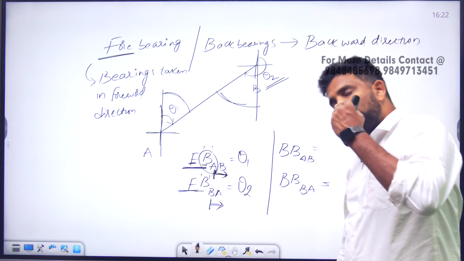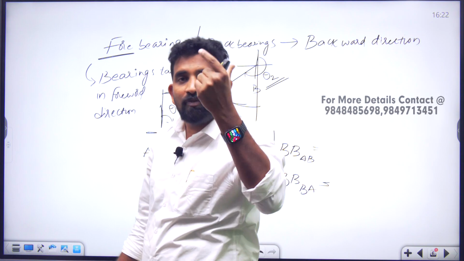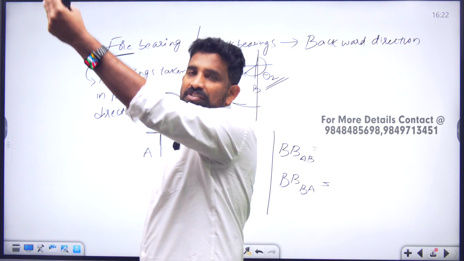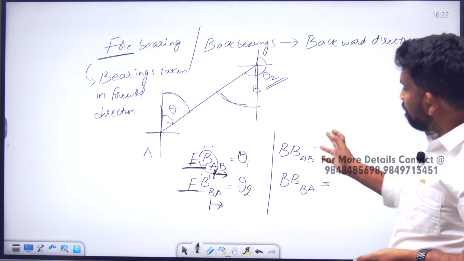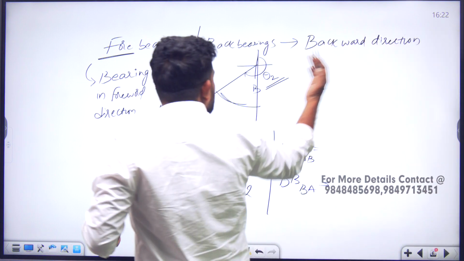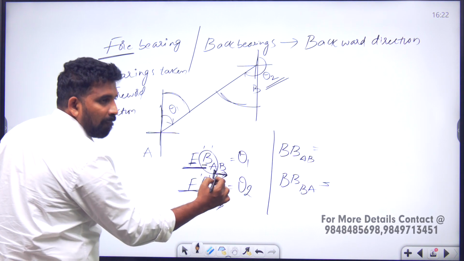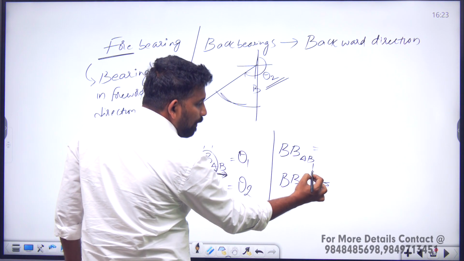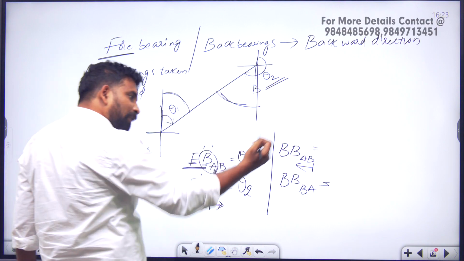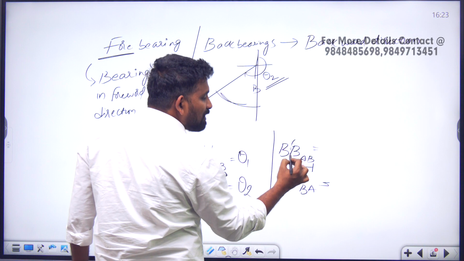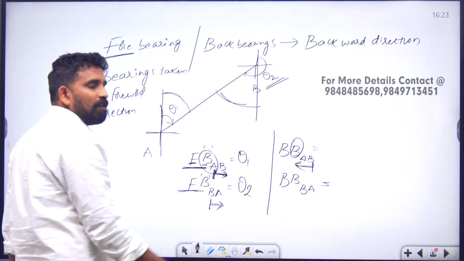So whatever bearing we are calculating, from what station to what station, what is the value of bearing that we are taking to that station? That is the question, simple. Now let us see this point. Back bearings are nothing but the reverse direction, backward direction. Previously we moved from A towards B, but this time we are moving from B towards A, in the backward direction. Whenever we are moving in the backward direction, what is the bearing that we are calculating from this station towards A?